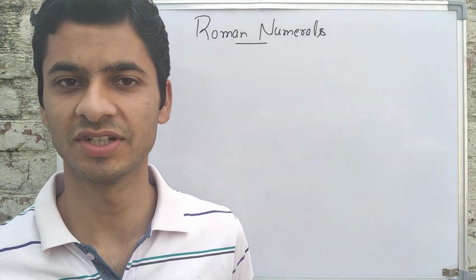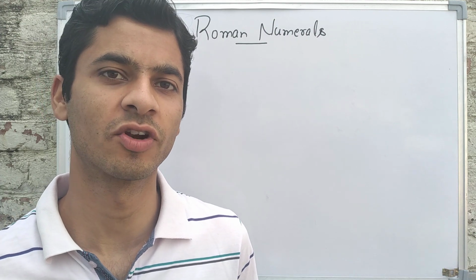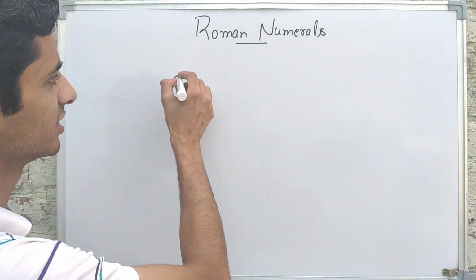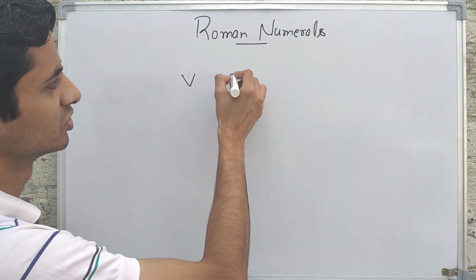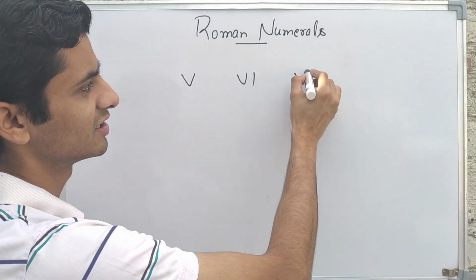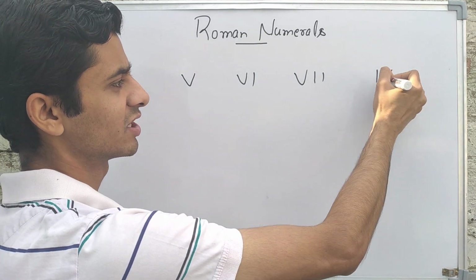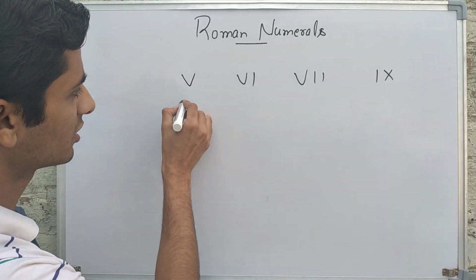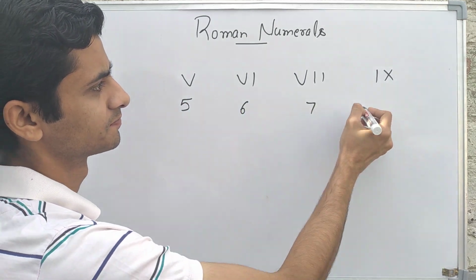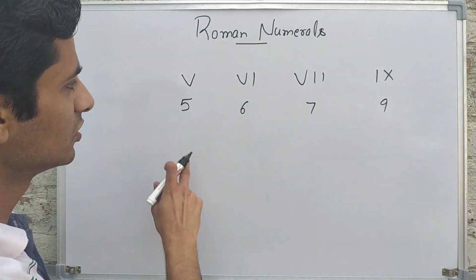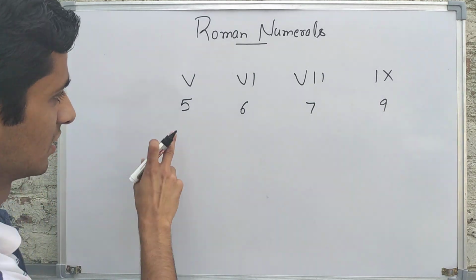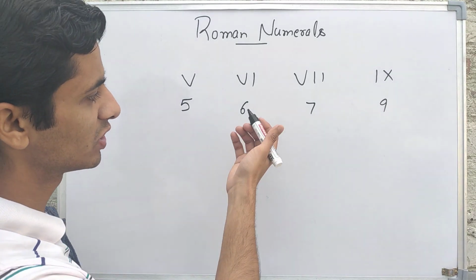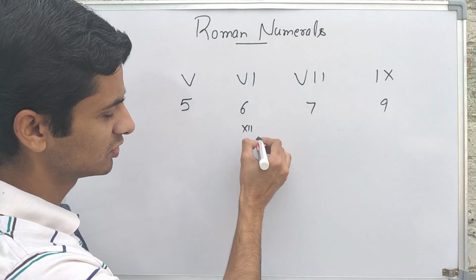Where have you seen Roman numerals? If it is asked from you, you can say in which class you read them. You read in this class, or this class, then you say, I read in this class. You would have seen that most of the time we do not use these symbols, but we use such symbols. What is the difference between these two? A number of times you would have seen clocks using such symbols.